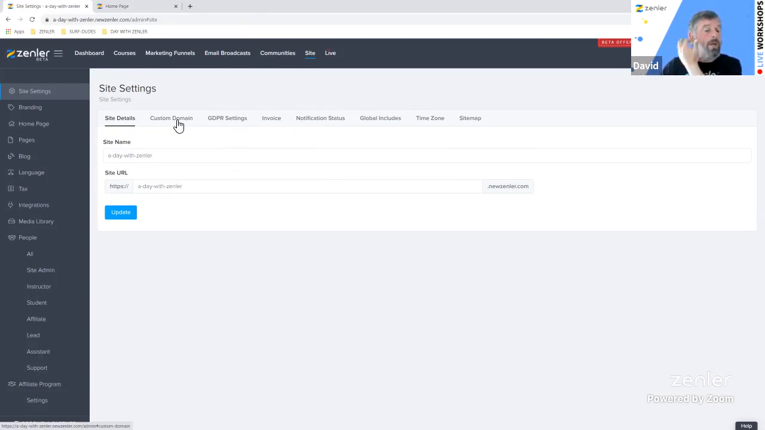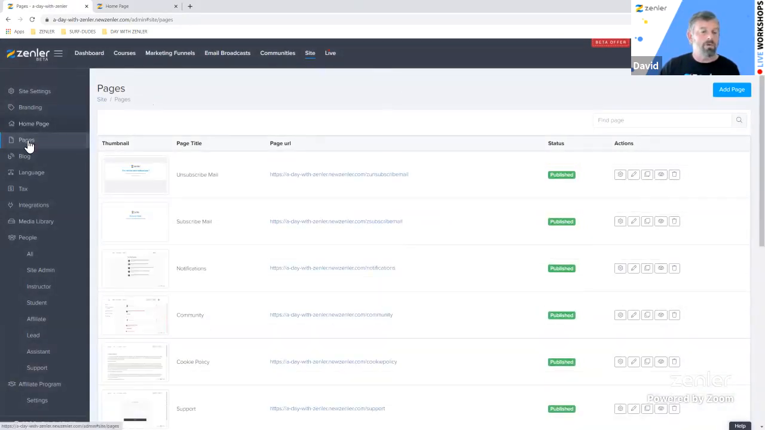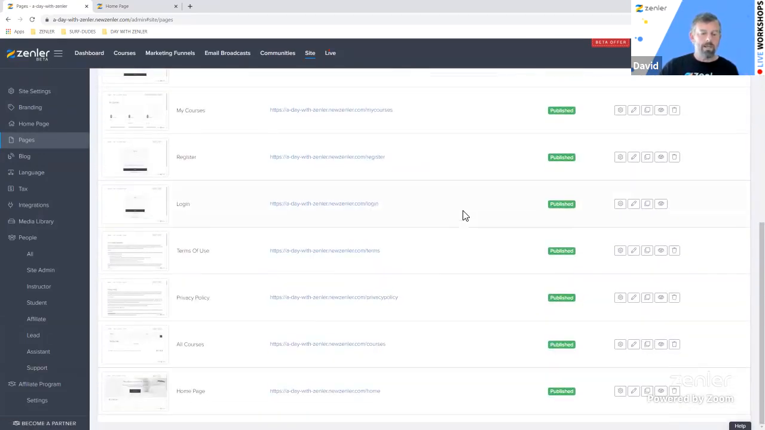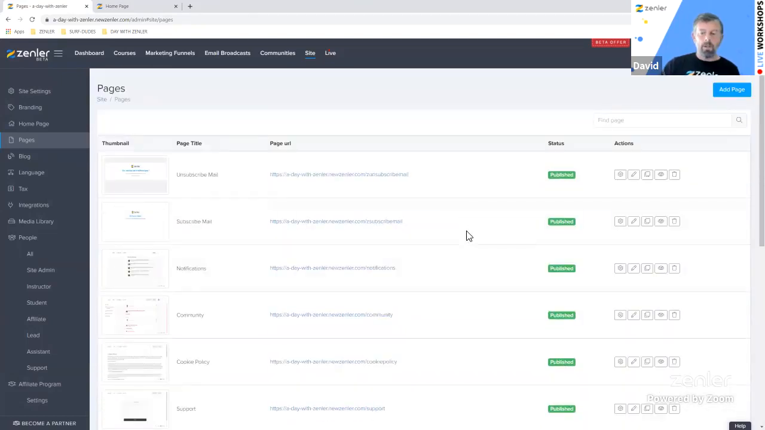So we're just going to get straight into site build. I'm going to go straight into the pages here. So I've gone to site, gone to pages. Now inside pages, this is your site. This is all the pages that are automatically generated by your site. But don't get